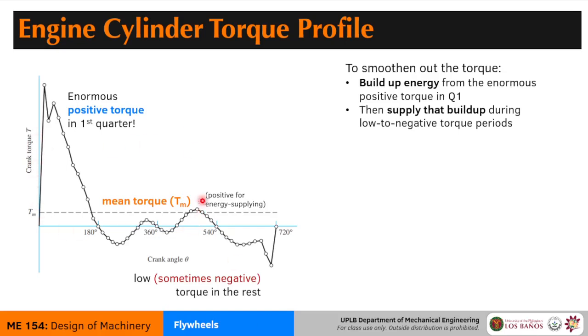Now, in order to find the mean torque, what we have to do is integrate the area in this entire period. So when we integrate this area, we use this equation. This is just the generic term. So this is from 0 to the end of the period tau, enclosing the torque T d theta. And the generic term for the solution to this integral is this mean torque times the period. So when we perform this integration, we get the total energy of the cycle, and we can divide the energy of the cycle by the period to get the mean torque.